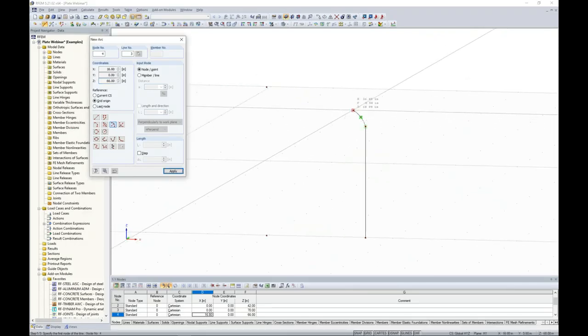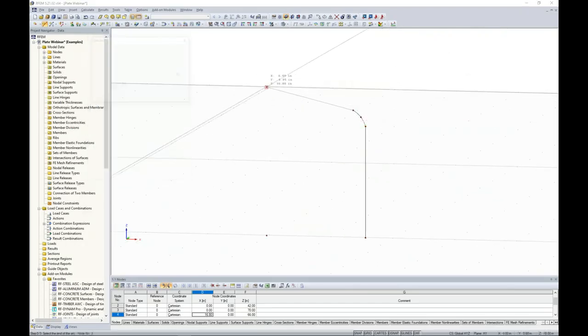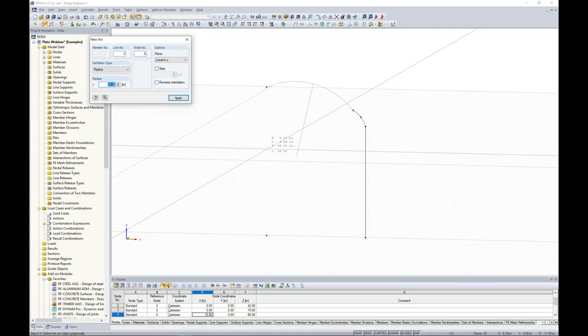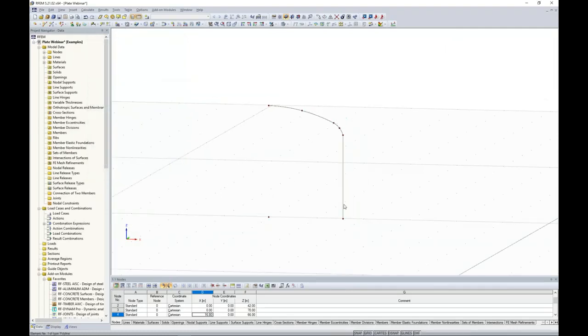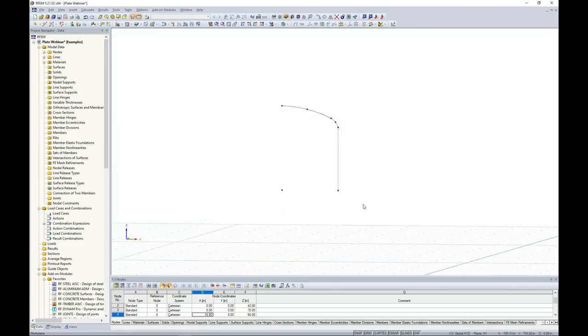I'm going to do the exact same concept to connect these 2 points with an arc, and I'm going to set the radius to 40 inches, and I hit enter on my keyboard. I right click out of this, and now you can see kind of the beginning outline here of the top of our tank structure. I'm going to take all of these elements and highlight them within my selection box, and